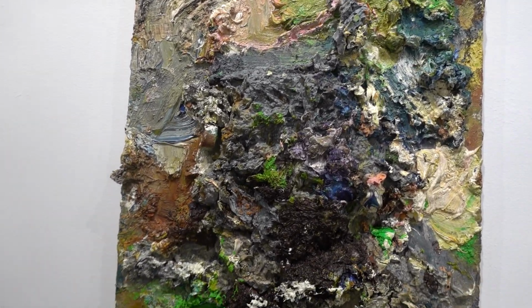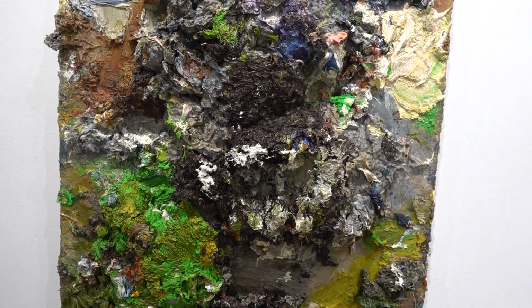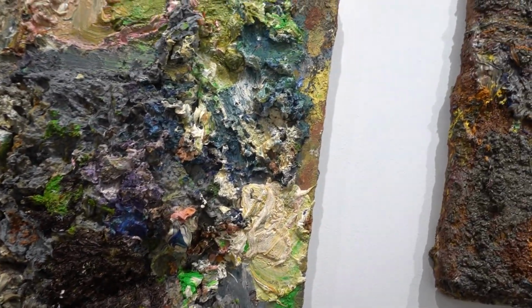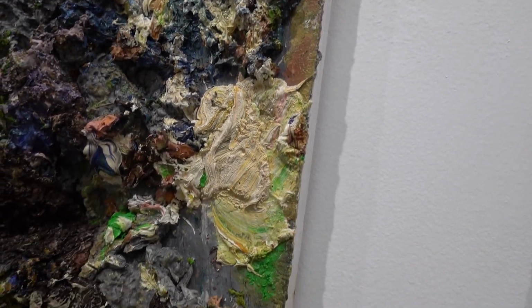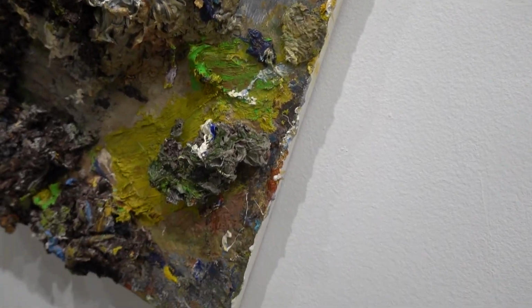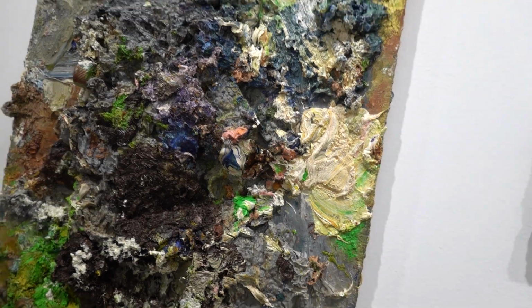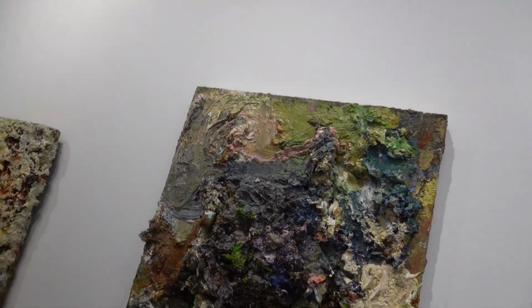This is titled What Better Tribute Could We Pay to Wretched Men? Oil, plastic bottle cap on Masonite mounted on wood panel. Now I know that Joel dates these. Generally, the time, this one is actually dated 2012 to 2024. So that gives you an idea of the period of time that he's had this